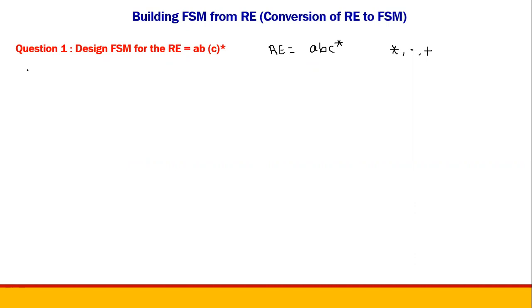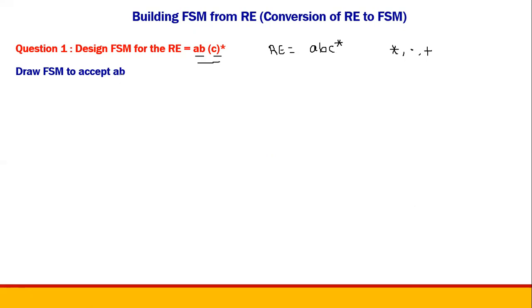According to the theorem, we will look at the expression, which has A followed by B followed by C star. Let us split this into smaller expressions, and then we will combine them to make the equivalent FSM. First let me try drawing the FSM for AB, and then I will make it for C star, and then I am going to combine them. So let us see how to draw the FSM to accept AB.